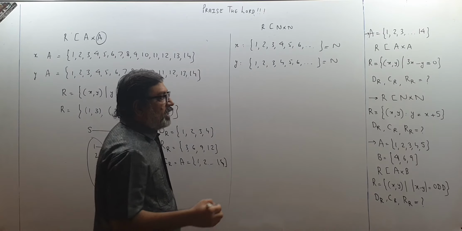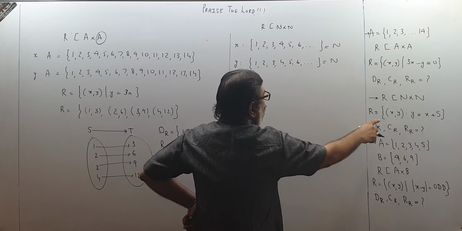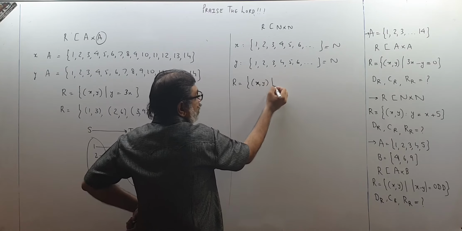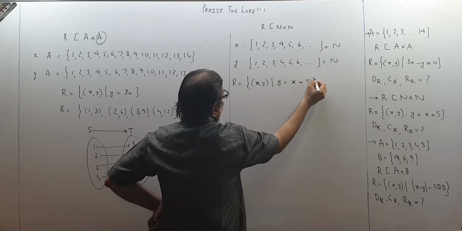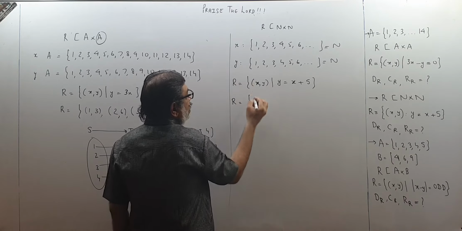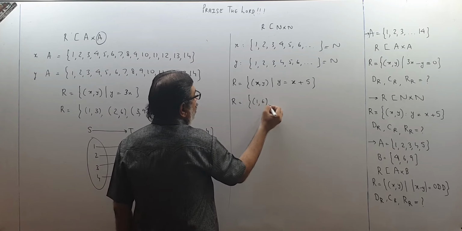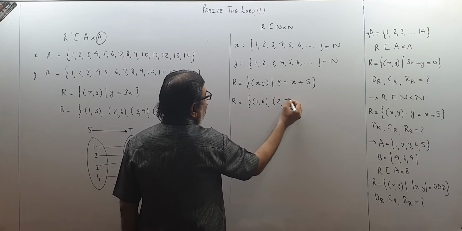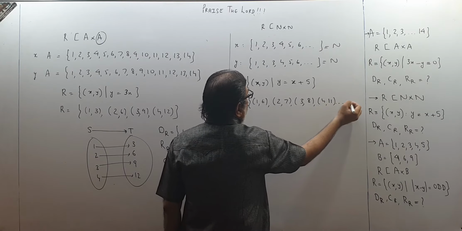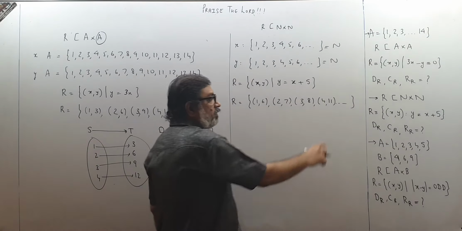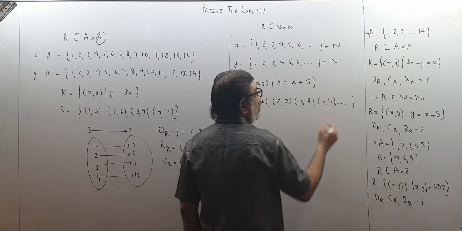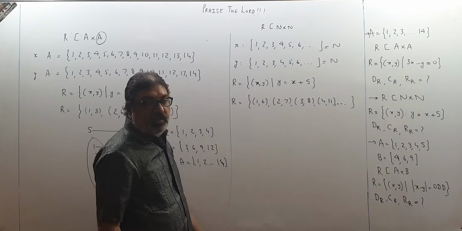So R is subset of N cross N, please understand. I want ordered pairs (x, y) such that y is equal to x plus 5, like this again. So children, if I pick up x as 1, then y will be 6. If I pick up x as 2, then it will become 7. If I pick up x as 3, this will become 8. If I pick up 4, it will become 9, and so on. It will continue. Three dots, please remember, to show continuity. Comma, 1, 2, 3. So three dots should be there only to show continuity, always. So this is our relation R.